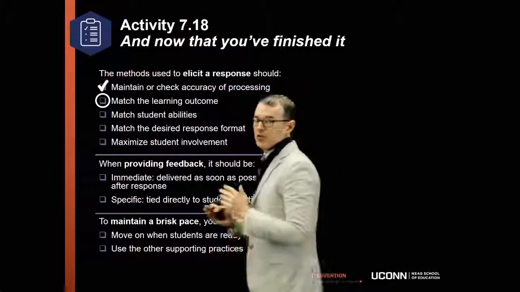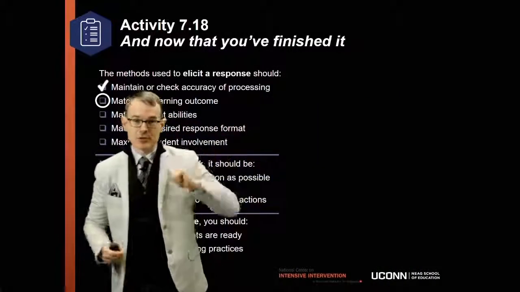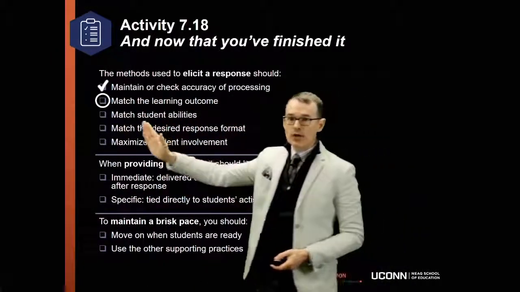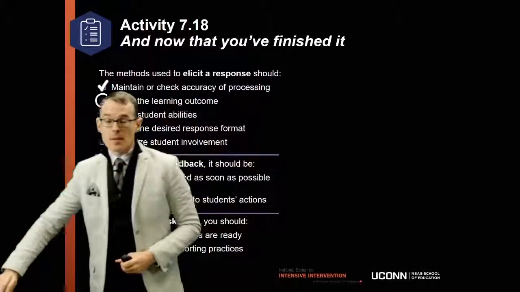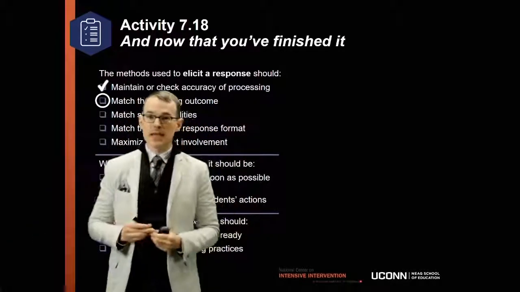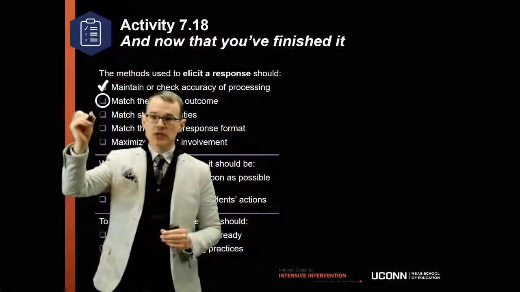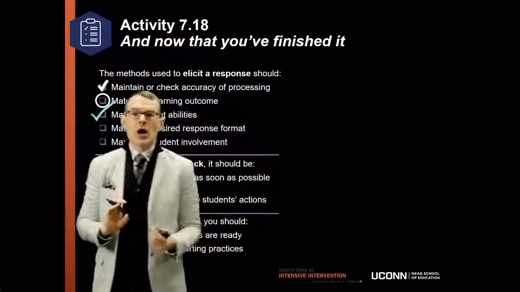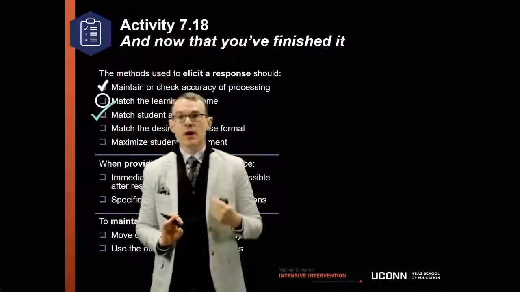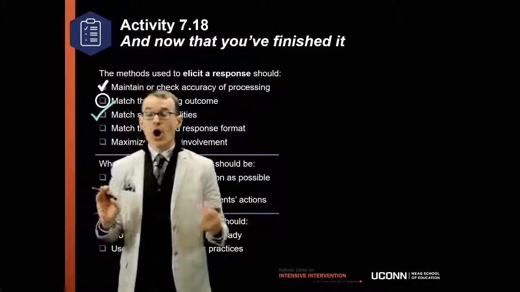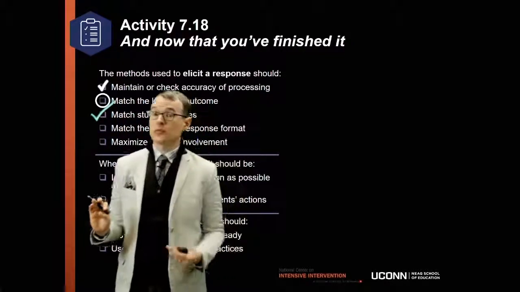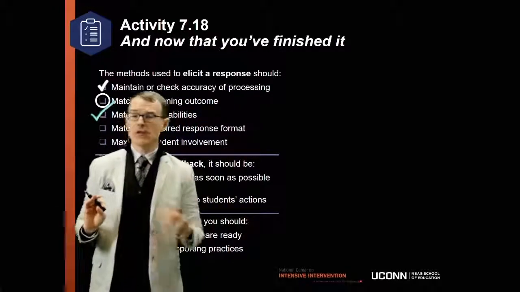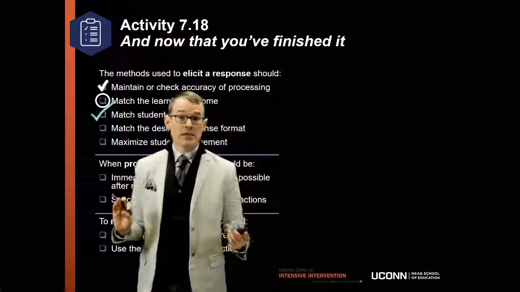So you've finished it? Yes? Good. Okay. So now let's talk about the rest of these. So next question is whether or not it matches student ability. In this case, I'm going to give it a check mark. Now, you might say, well, how do we know? We know because when the teacher asked the students to read the words, all of the students were able to read the words relatively accurately. There's maybe 1 or 2 words that they didn't read accurately, but in general, it was matched to the level of student ability.